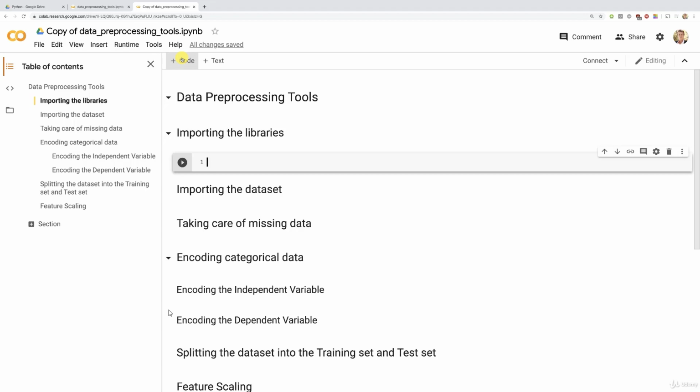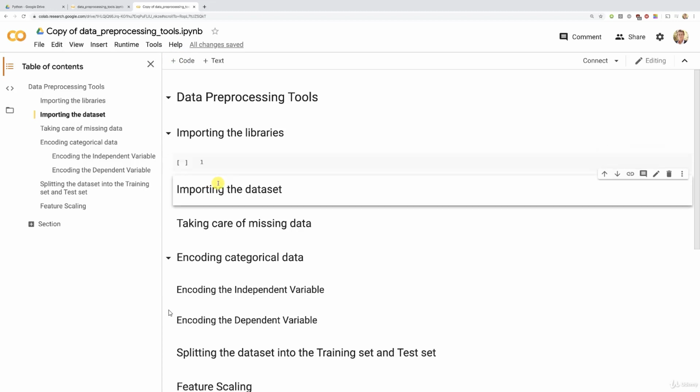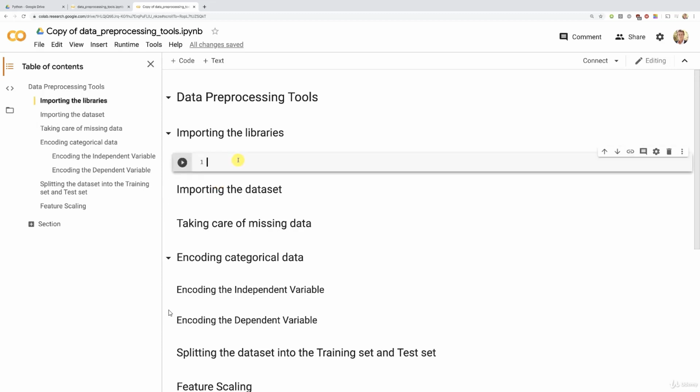And finally Pandas, which will allow us to not only import the dataset, but also create the matrix of features and the dependent variable vector. I will explain, of course, all these concepts later. All right, so let's import these libraries. In order to import a library in Python, it's very simple. You start with import. That's just a command that will allow to import a library or even a function or